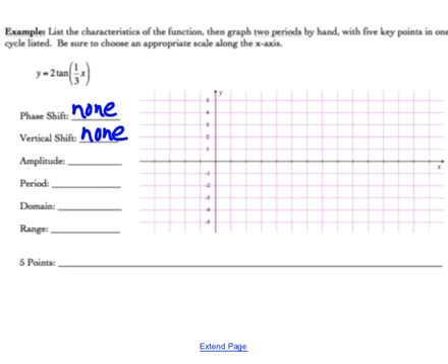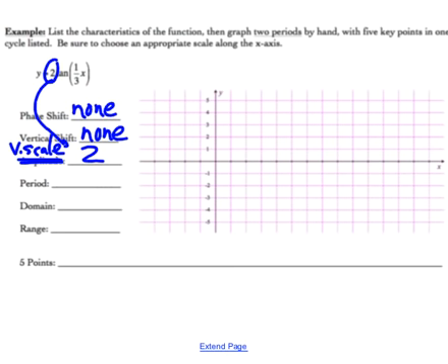So when we talk about tangents, we don't really have amplitude. We call those a vertical scale change. So I'll just call it a vertical scale change. Amplitude really refers to the wave pattern that we get with sines and cosines. And again, we don't really have that for this one. But pretty much it's going to work the same way as an amplitude does. All this does is tell us how much the scale change is going to be. These y coordinates are going to be stretched by a factor of 2